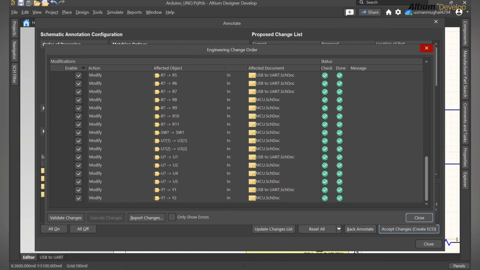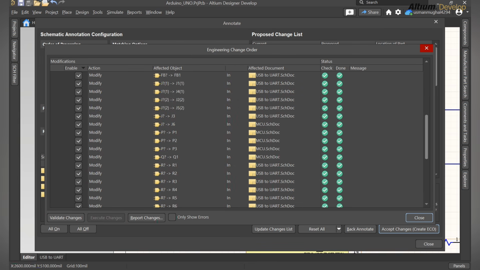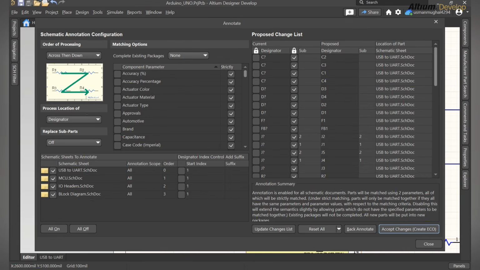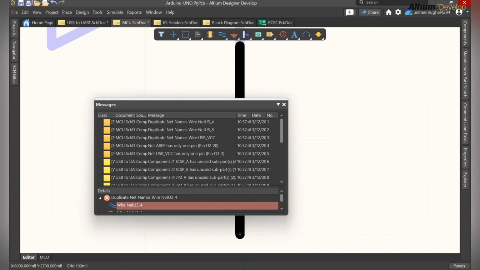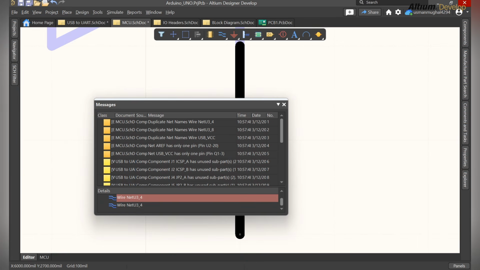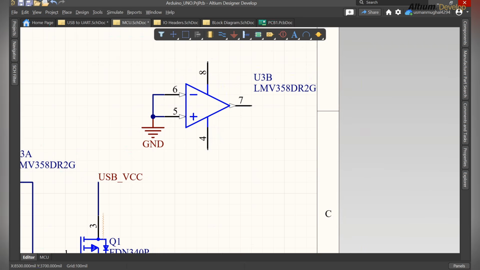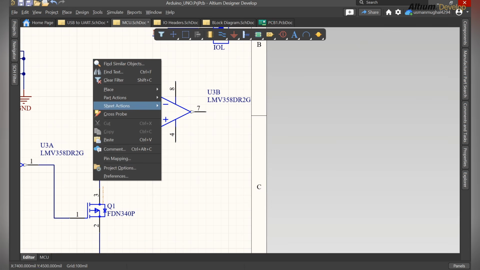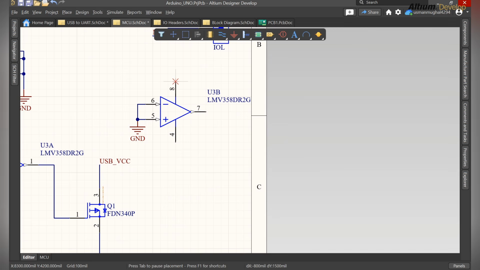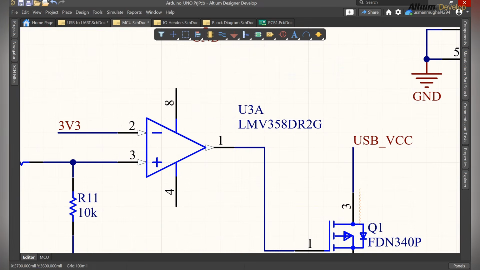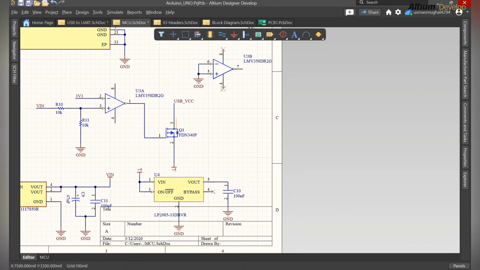All the status marks should be ticks, and you can also see it over here. Close this one by clicking on the Close button. And now you can see what is wrong with this. By clicking, you will see that this pin is not connected, so it is showing some ERC error over here. If you don't want to use this, just place no ERC flags over here or this cross sign,